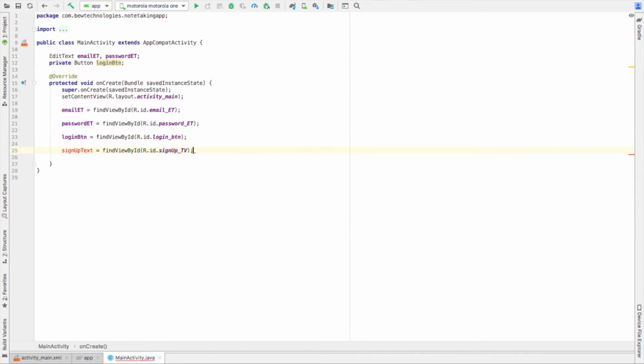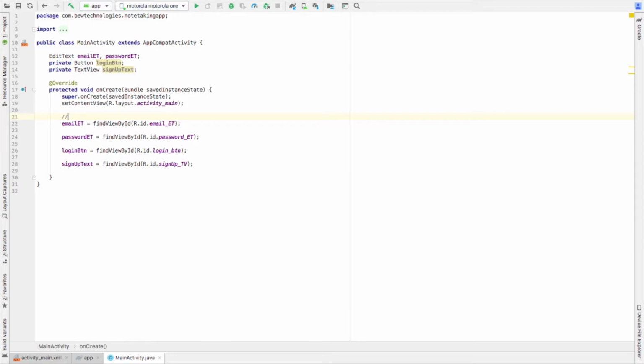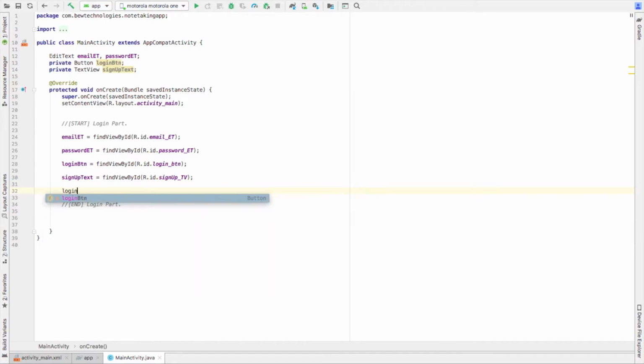And the sign up text, we'll comment it because we want to keep this separate from the main activity. We'll separate it later from the main activity, this part, but for now we're keeping it here. It's easier to separate later if you comment it. Always give this kind of comments because it will be easier to see where you have given which part and what this code does. Okay, so now first we'll put some listeners for these. Set on click listener, this, and the same goes for the sign up text.